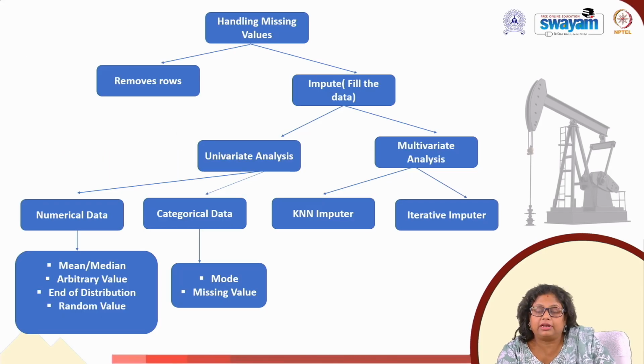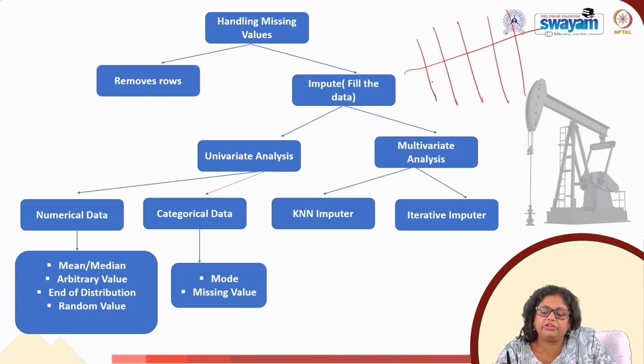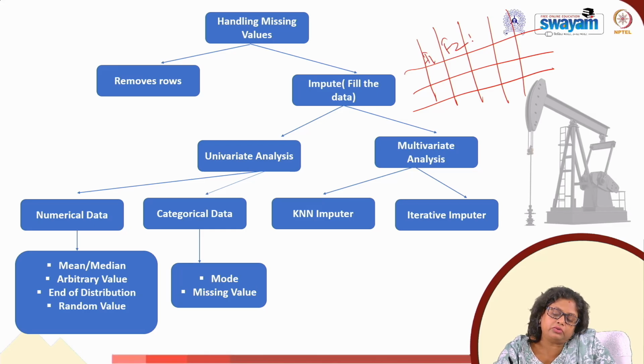In the previous classes, I discussed using pandas, how we replace values. Today we are going to talk in some more detail about handling missing values. So what is a missing value? First we need to understand it. We have a feature, and these are the different columns: feature 1, feature 2, feature 3.